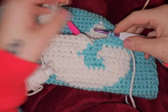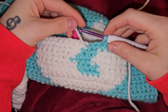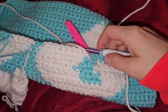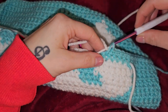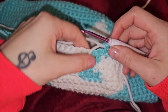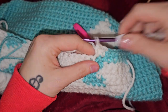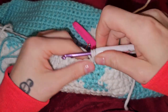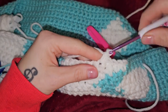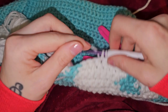So now we're on to row 33. I did my 13 teal. That's why I said 13, because I'm looking at the number 13. So now we're going to do 10 white. So we're going to pull it a little bit. You have 2 teal stitches there. So 1, 2 under that loop, 3, 4, 5, 6, 7, 8,